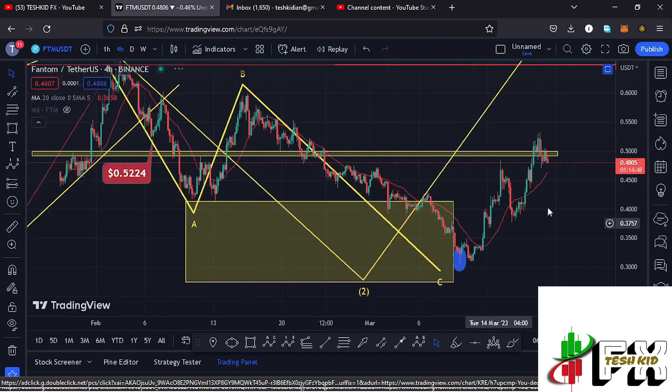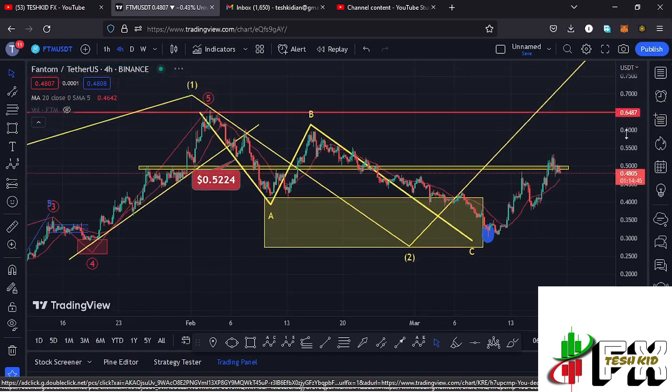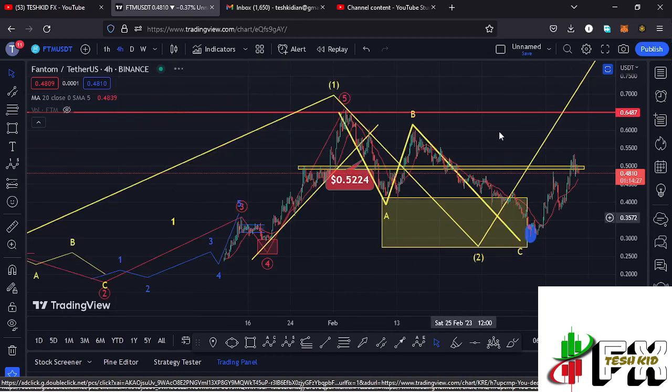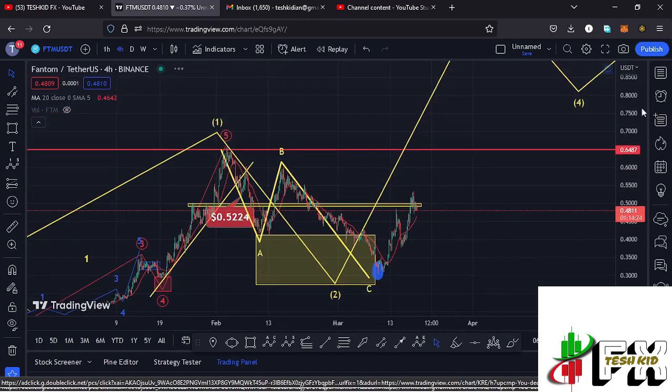We have also continued to obey the Elliott structures, where we had been seeing a bit of a breakdown to the lower side in the formation of this wave 2, in a move that managed to get into the minimum retracement area in the formation of that wave 2, which lies between the $0.4139 mark and the $0.2737 mark, in a move that gave us a low at around the 0.3, in what I believe is the low for this second wave. And whatever we are seeing at the moment is the start of an impulsive wave to the upside